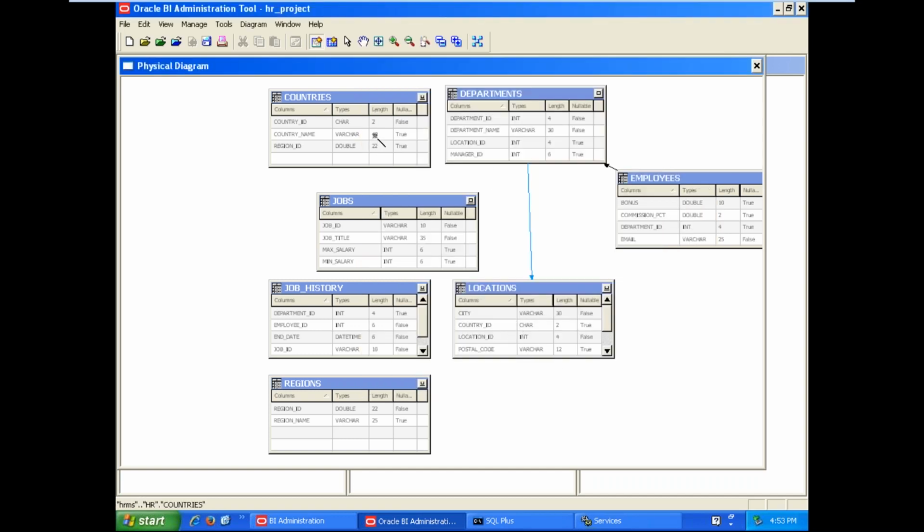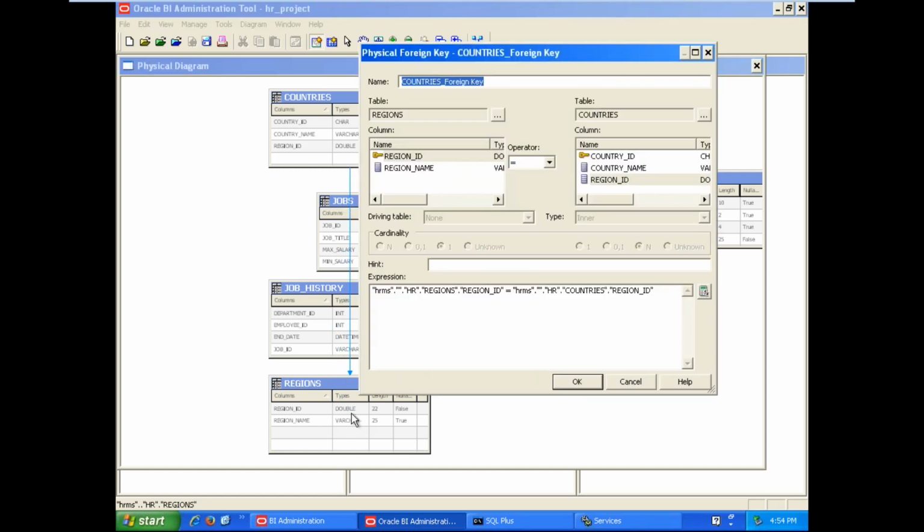Next, each country has multiple locations. That's why here the locations table is a child table and the countries table is a parent table. Okay, always place the cursor on the child table first, next place the cursor on the parent table later, like this. And each region has multiple countries. Regions means, Americas is one region that has multiple countries. Americas is one region that has two continents, South America and North America.